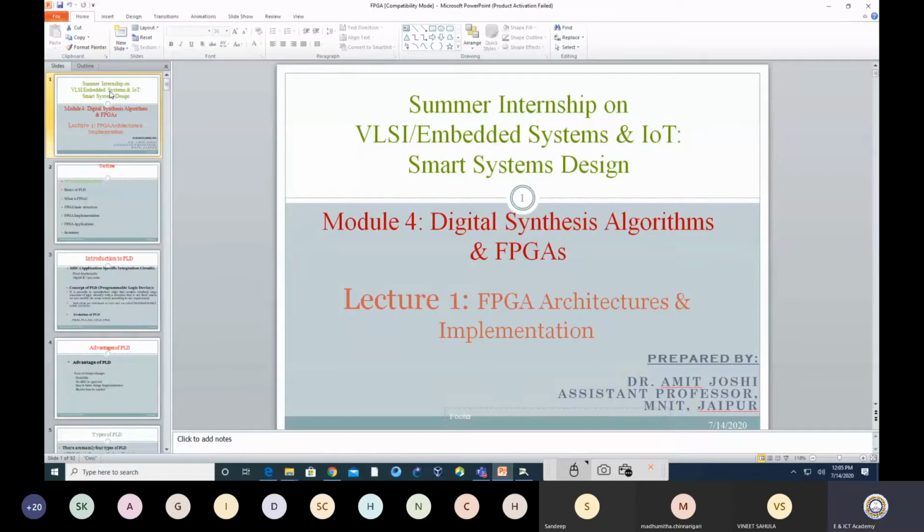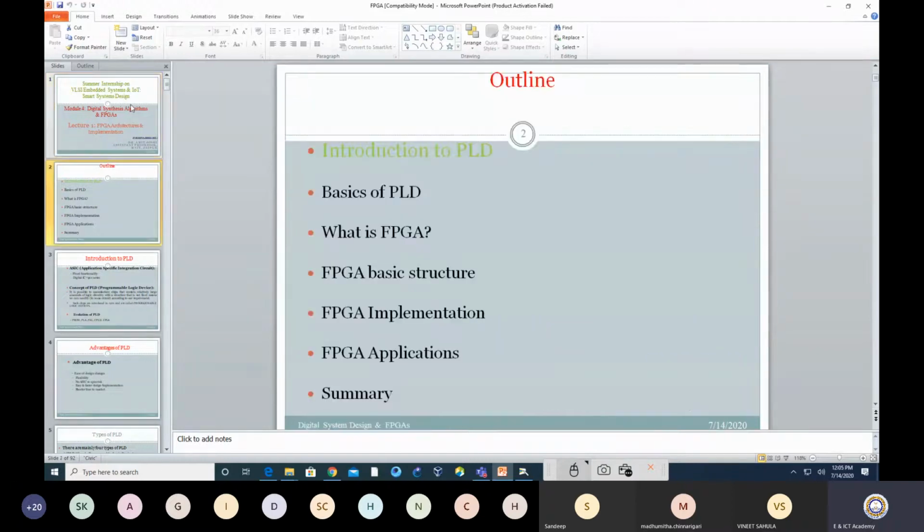Now come back to today's agenda, what we would like to cover. Today I will start with some basics about the PLD, where we talk about the CPLD. You can consider that CPLD is equivalent to FPGA, a programmable logic type, but it has limited support of gate count. That means some basic design you can implement on the CPLD. Mainly people are now using FPGA only, but still that is also one of the parts of the family that we will discuss.